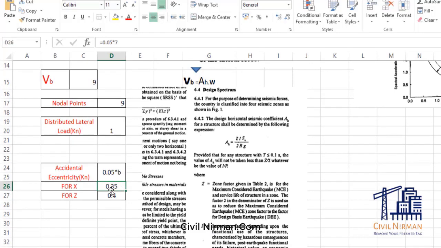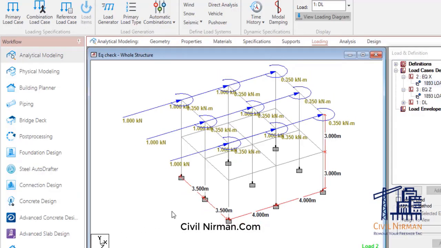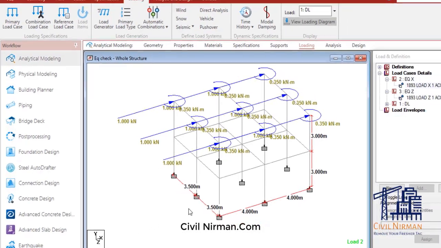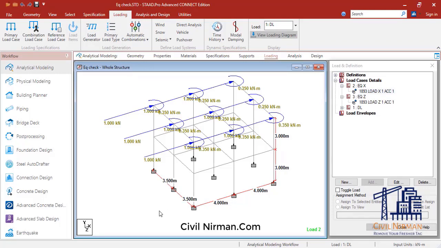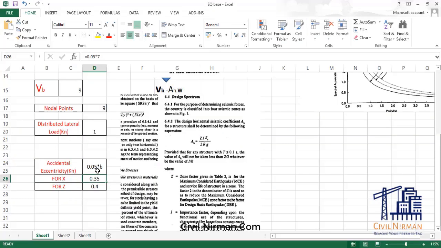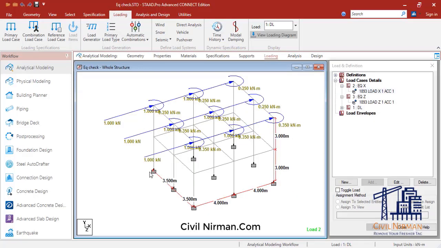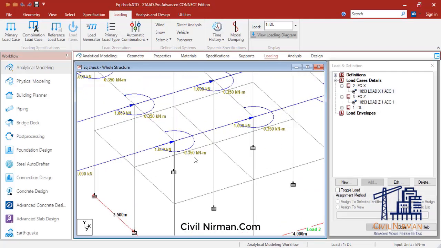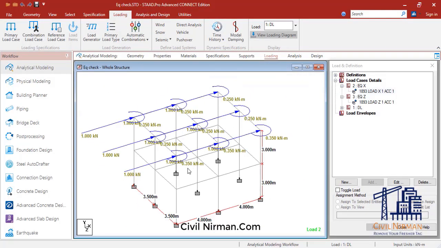So what is your B over here? Your B is 7, right? In case of X, this is your X, 3.5 plus 3.5, 7 meter, right? So for X direction you need to consider your perpendicular dimension. So 0.05 B, that comes around 0.350. So you can observe 0.350 is your eccentric moment over here, right?